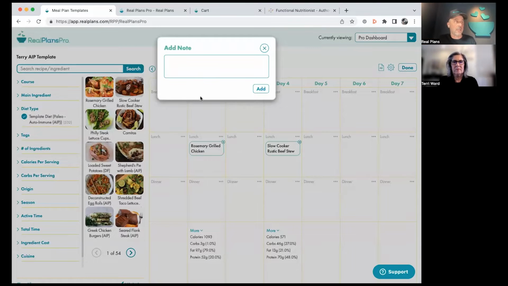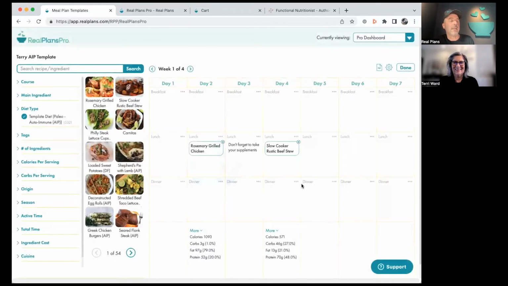Let's say, don't forget to take your supplements, right? So you can really hone it, but this is going to drop into a client's Real Plans account. And so this is something you want everyone to have, or multiple clients to have. Okay, so the idea behind this is you can have this and that's it, it's done. And you can drop it into a